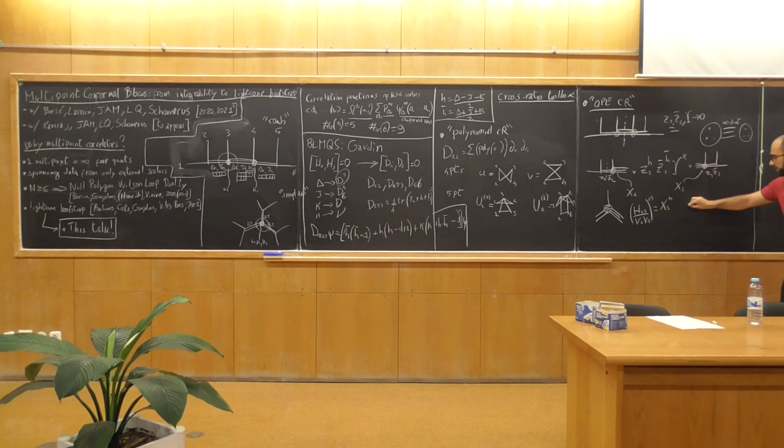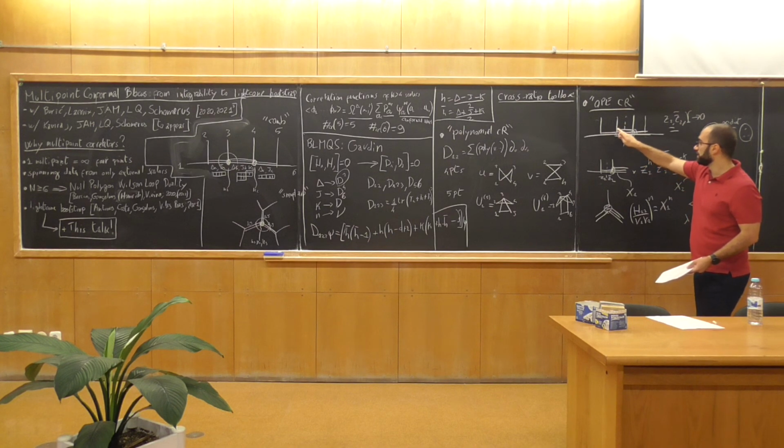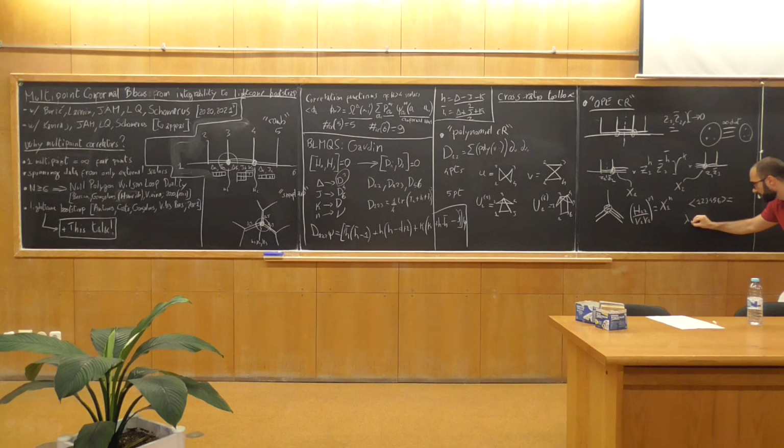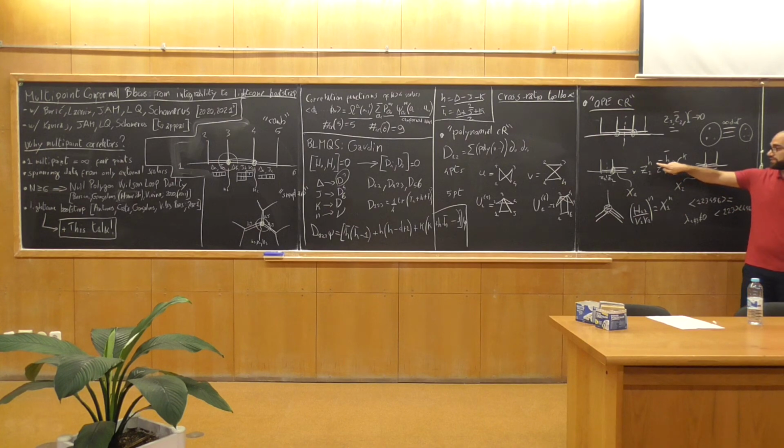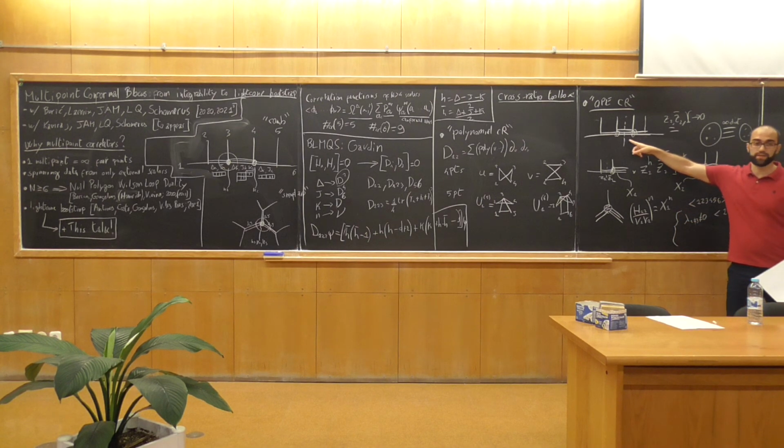However, if we focus on a correlator, with fields 1, 2, 3, 4, 5, 6, then if the OPE coefficient for the first three fields on the left, let's say lambda 1, 2, 3, is not 0, we obtain the usual cluster decomposition. Since in practice we are projecting on the fields which have the lowest exponents when taking this limit, the lowest one will usually be the identity. But if we cannot produce the identity in the middle channel,